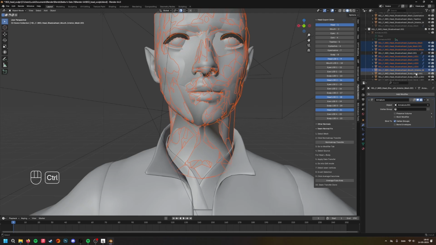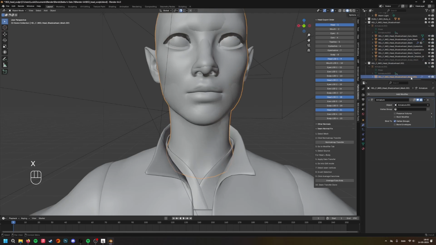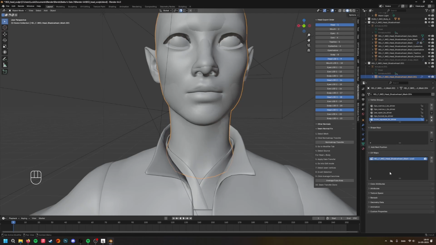The reason I import the same head is that they share the same UV map name, so I don't have to change that. If you are doing this with two different heads though, make sure that before you join the meshes together, the UV map names are identical